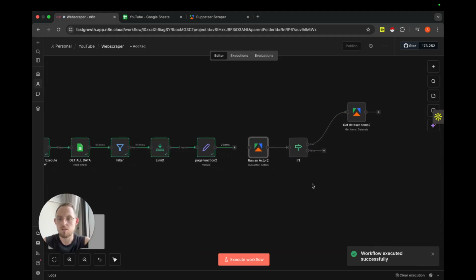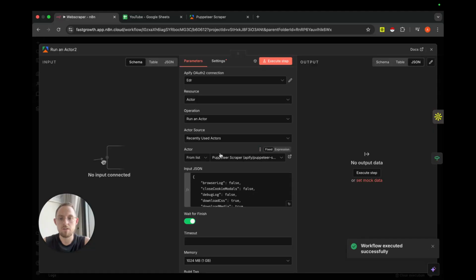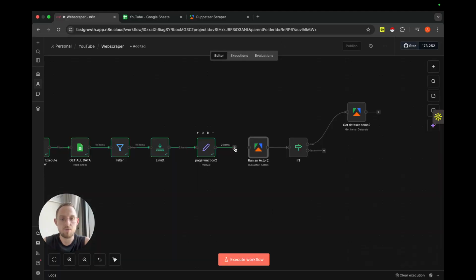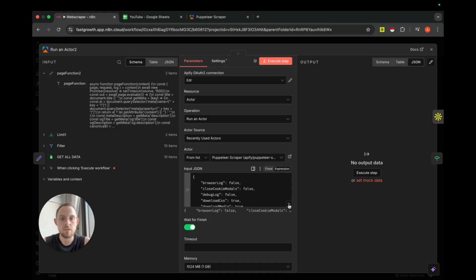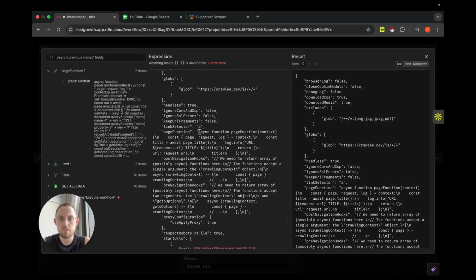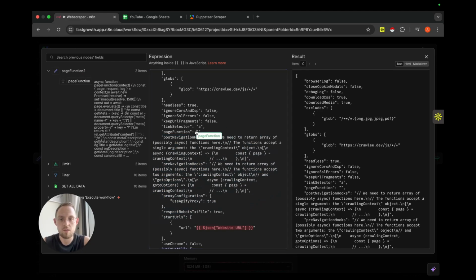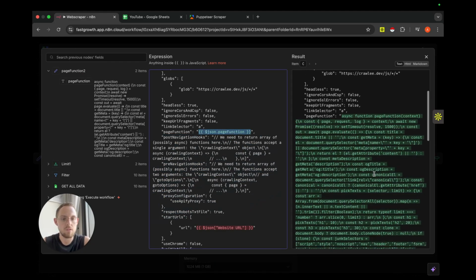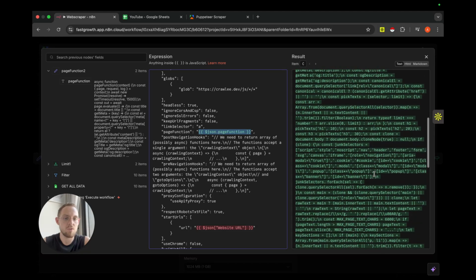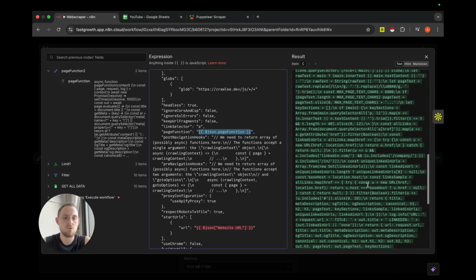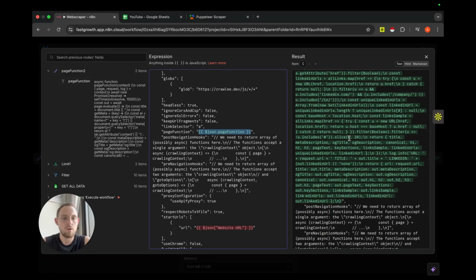Just wait a moment. Yeah, and after having page function inside our automation already, we can put it, instead of having this one, oh, you can see, yeah, instead of having this small thing, we are about to put this one. And as you can see, it's much more things inside and much more instruction to the web scraper on what we are looking for. But this is exactly what we are looking for: the OG text, the description, H2, H1,